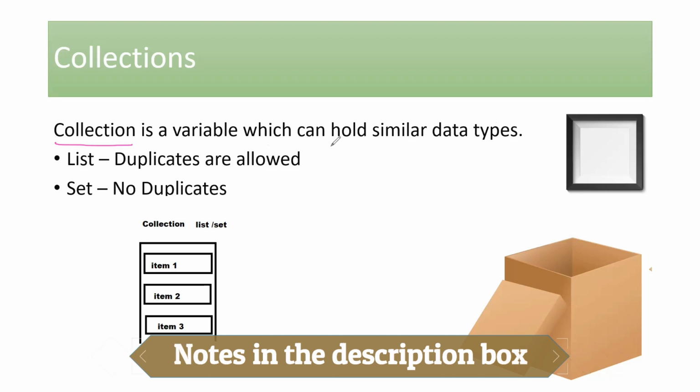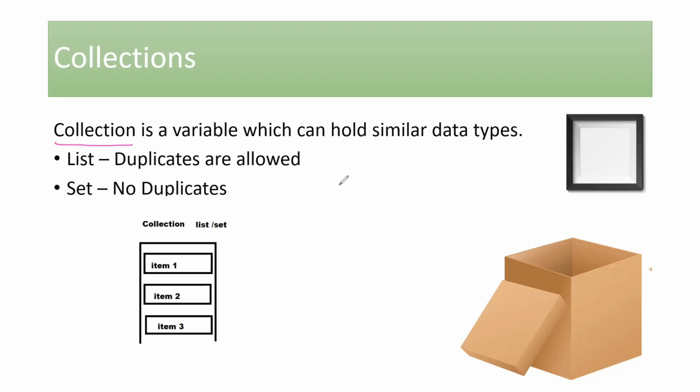Now, to understand this point, let's go ahead with a simple example, just like how we do for the other exercises. We'll understand this basic concept first, what would be the need of this collection, and then we'll understand what exactly the application of this collection is in our programming language. Now let's say I wanted to throw a reunion party to my friends and I would like to invite them.